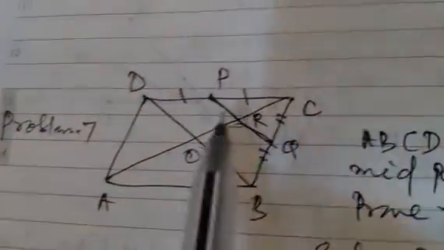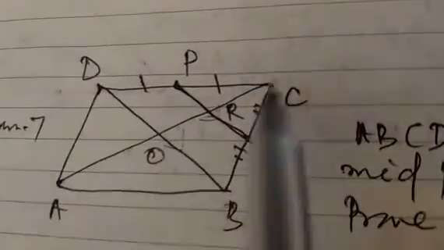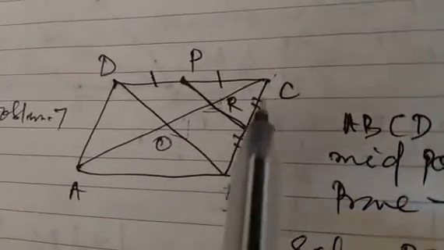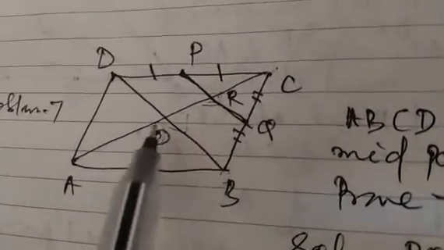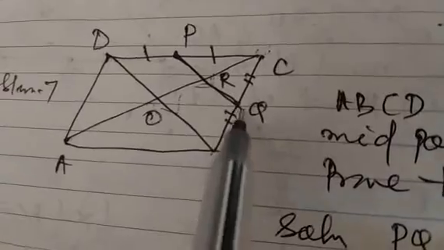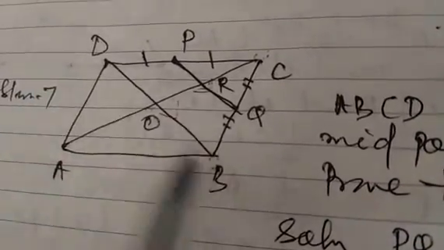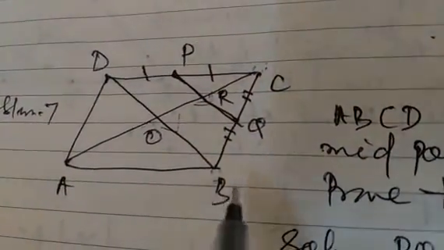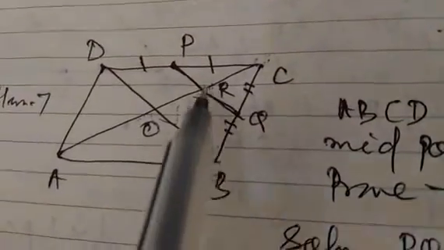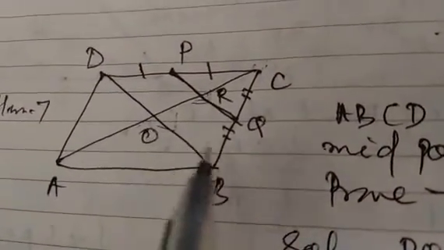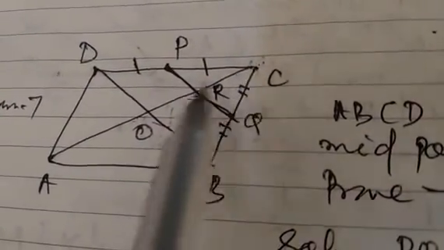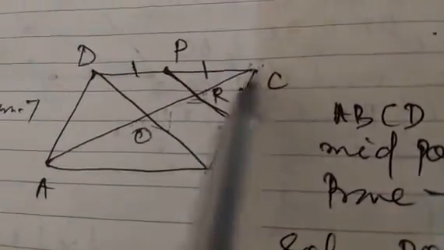Hence this line is parallel to this. After proving parallel, come to either this triangle or this triangle. Let us take this triangle. Now in this triangle COB, Q is the midpoint of CB, and RQ is parallel to BO or BD. Therefore, by the converse midpoint theorem, R is the midpoint of CO. I repeat once more: Q is the midpoint of CB, QR is parallel to OB. Therefore, by the converse midpoint theorem, R is the midpoint of CO, or it proves CR is half of CO.